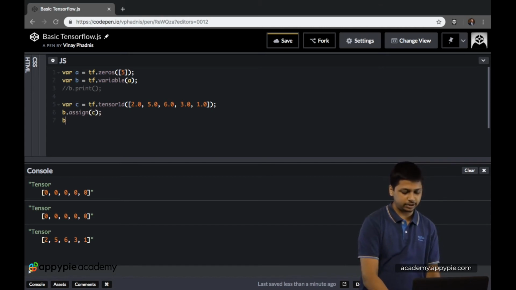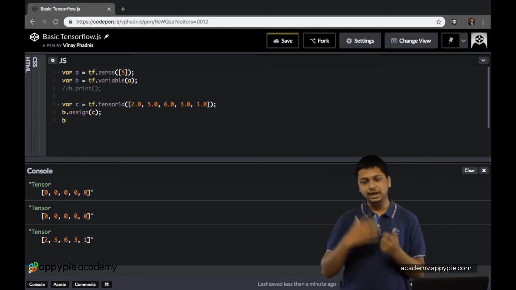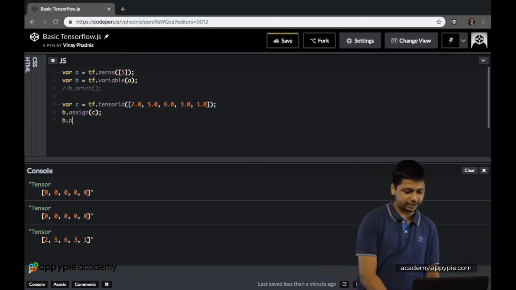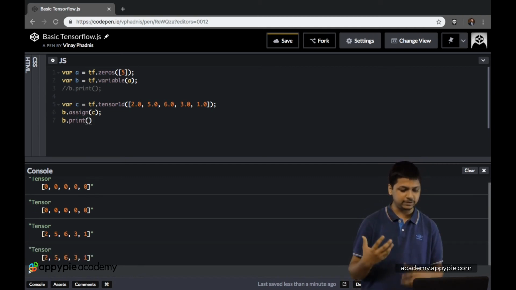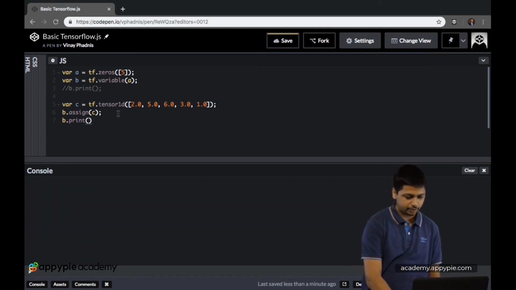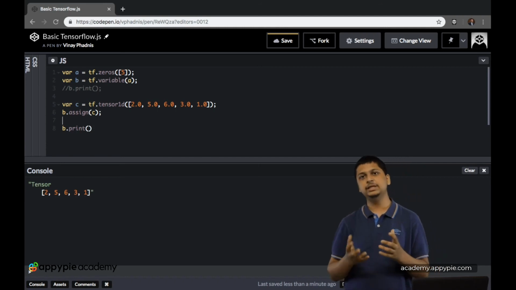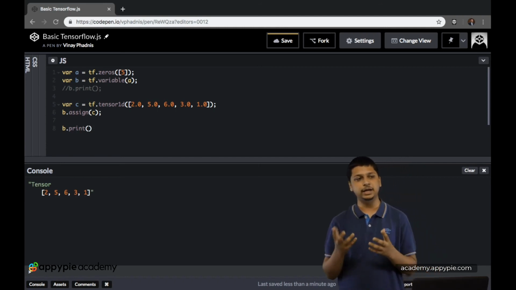And then we just want to print out the tensor currently, which is the updated tensor. So b.print, and this should give us an updated value. So let's clear everything and let's print the value of b again. And with this we have an updated value of b.